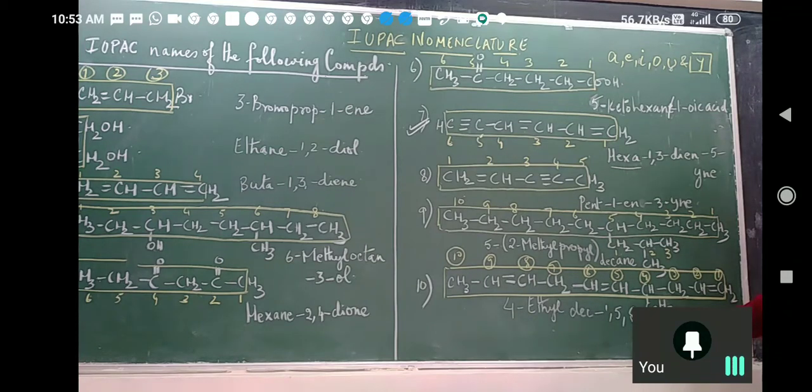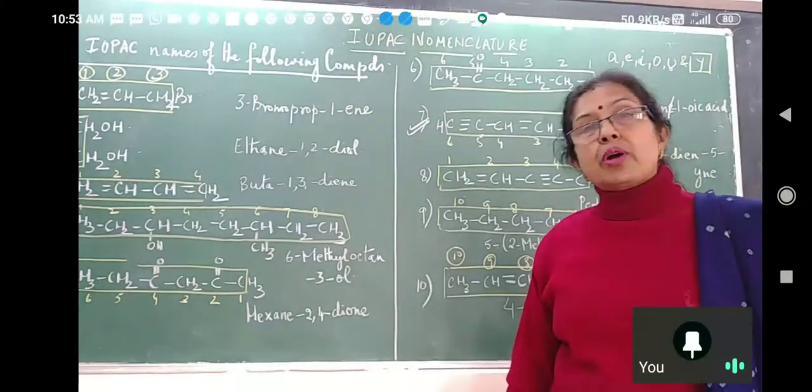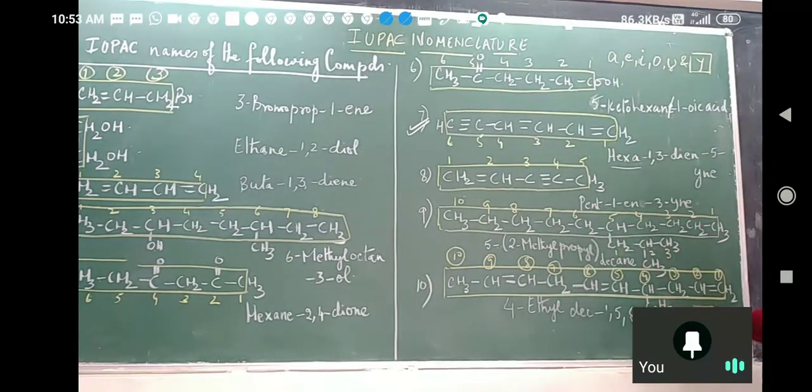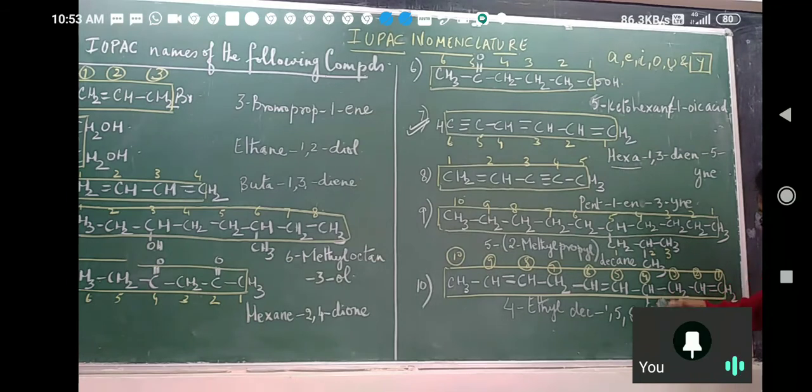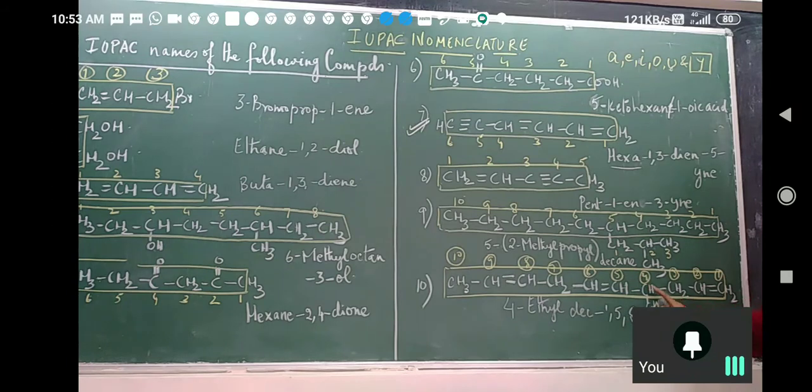Very dicey thing is C2H5. When you are counting, you might count it as one carbon atom. What should you count it as? Two carbon atoms. So it's better to write C2H5. Here if I write it as CH2CH3 it will be better. It avoids confusion. Now 1, 2, 3, 4, 5, 6, 7, 8, 9. 1, 2, 3, 4, 5, 6. I think this is the longest chain.